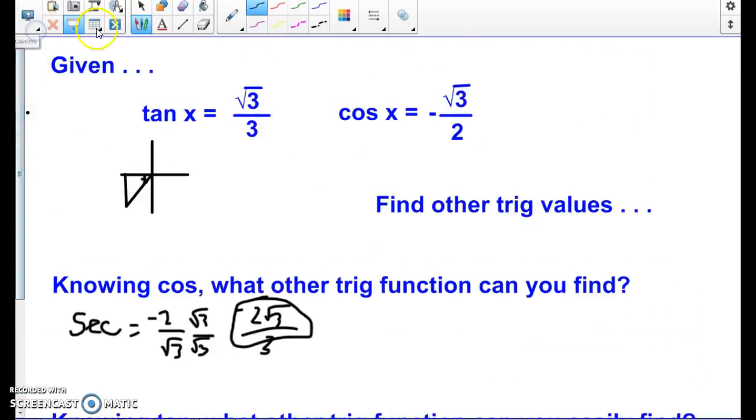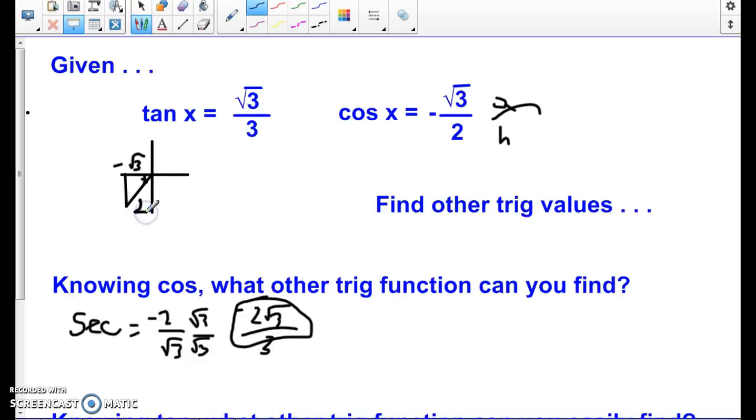2 trig functions to go. The last 2 trig functions I have are the sine and the cosecant. Next thing I do is I label my triangle. Cosine, go back to basics, is adjacent over hypotenuse. That was awesome writing. Looking here, this is my adjacent side, so this is root 3. Notice how that is a negative root 3 because it's to the left, negative x values, over my hypotenuse, which